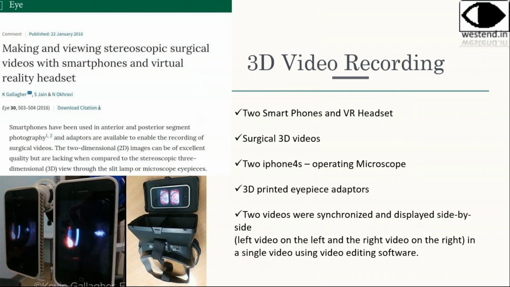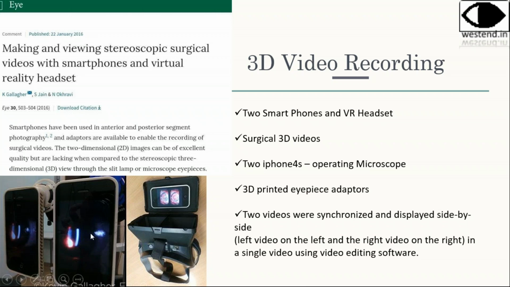So 3D stereo photography is a very useful part of ophthalmology, which is not given much importance here in India. I believe there you do take a lot of stereo photographs. So there is work being done on using smartphones to take stereo photographs also. If you want to take it with smartphones, you need two identical smartphones because the cameras have to be identical, and you can fix each camera to each eyepiece of a stereo microscope and record.